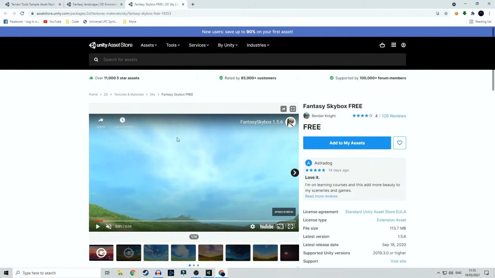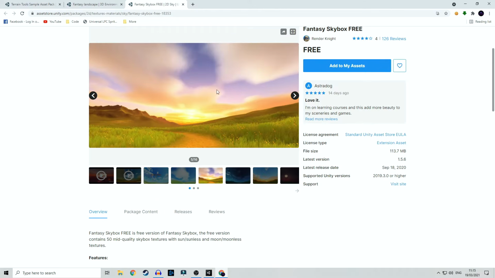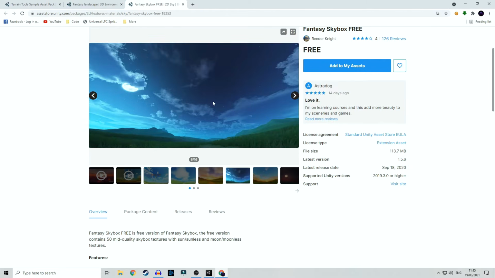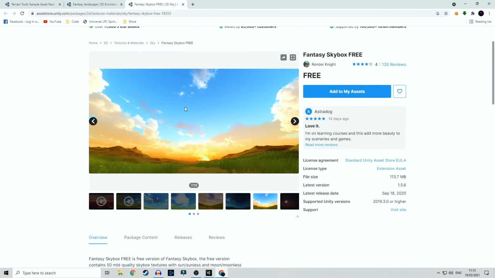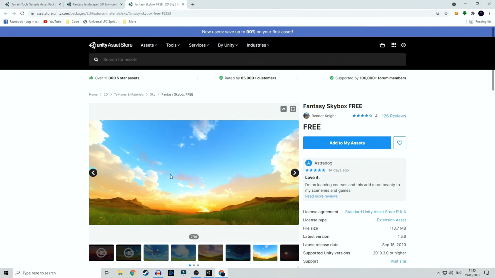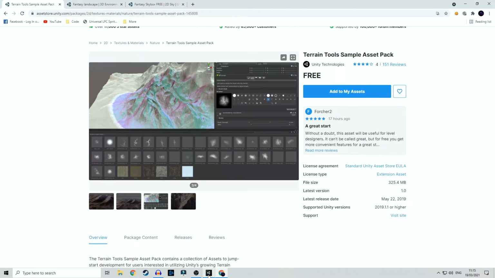So we're going to use these skies for our game. They have many different kinds. They have for different times in the day, night, and they look very good, especially for a fantasy game or something more cartoon-like. Okay? So after we downloaded all of these packs, we can do that from the browser or